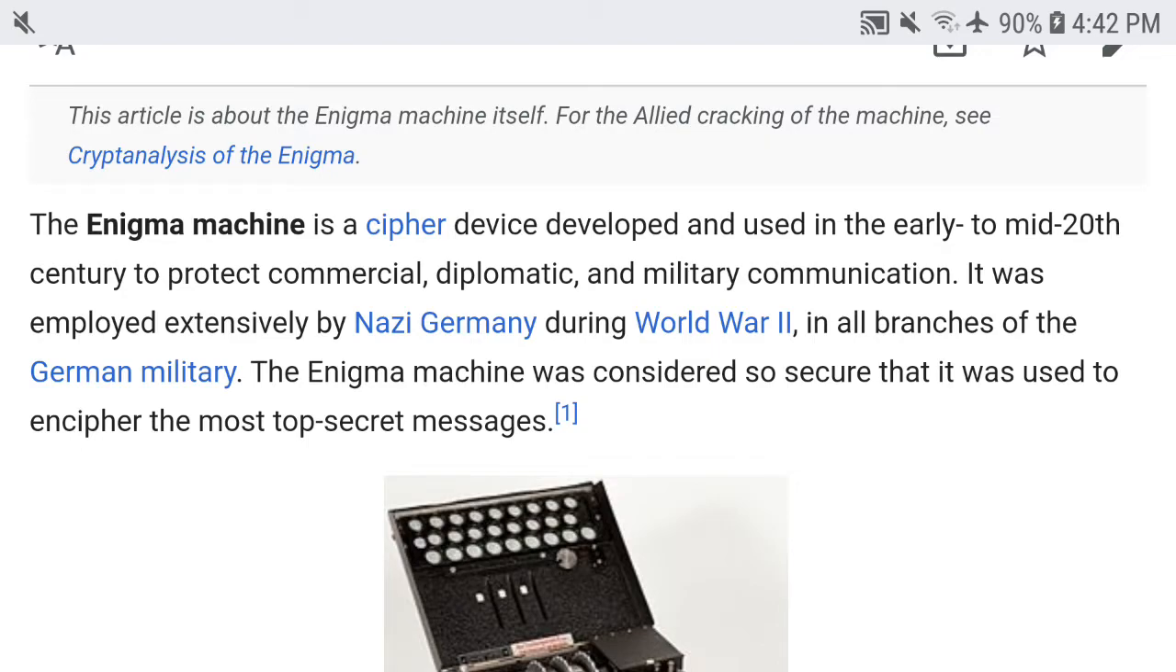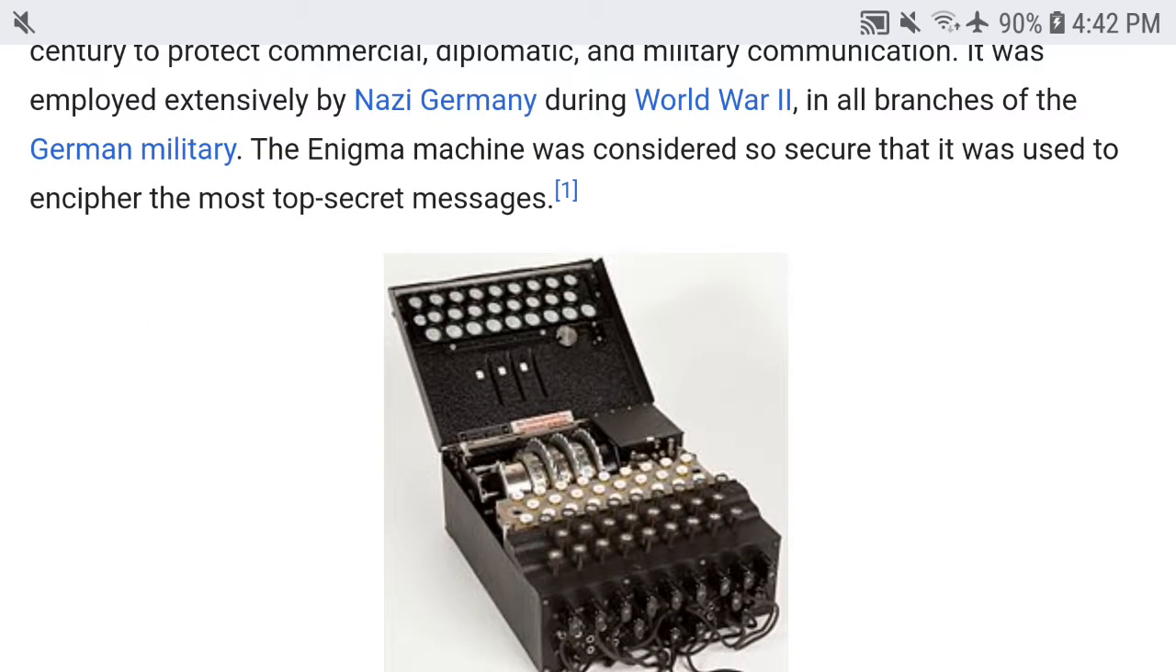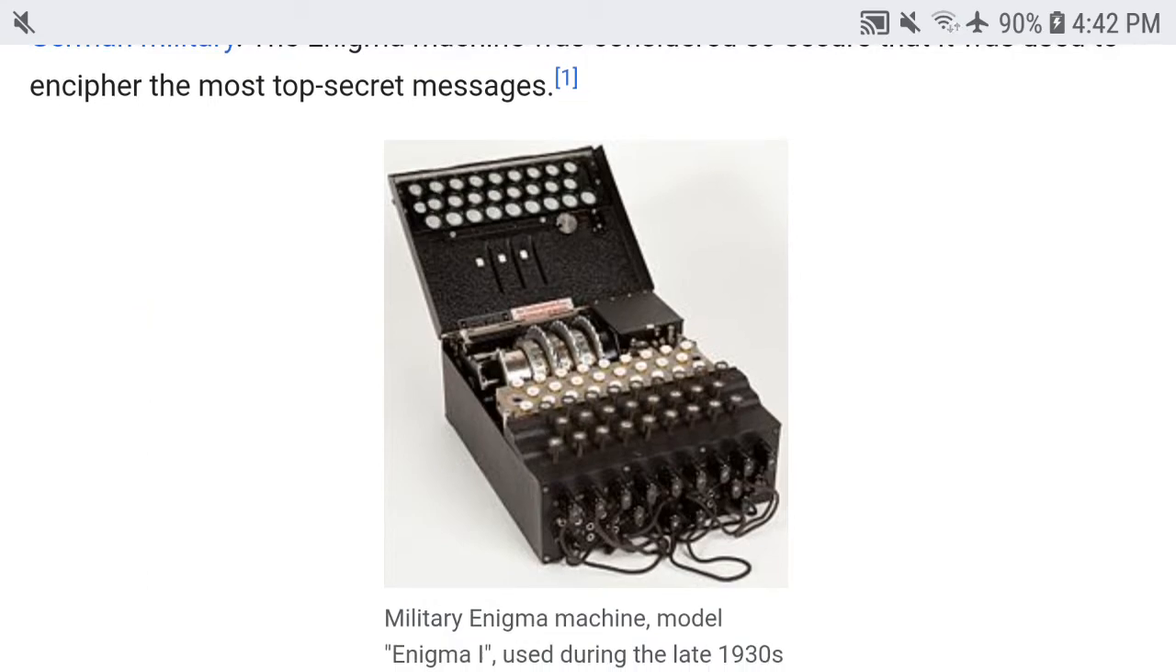The Imitation Game, in which the military actually uses this to plot their battleships. So yeah, it was employed extensively by Germany during World War II in all branches of the German military. The Enigma machine was considered so secure that it was used to encipher the most top secret messages. But I think we know the flaw as well, because of the movie The Imitation Game,